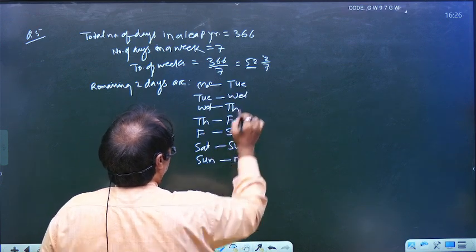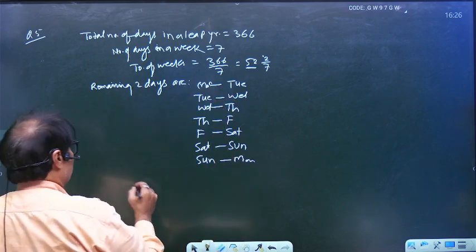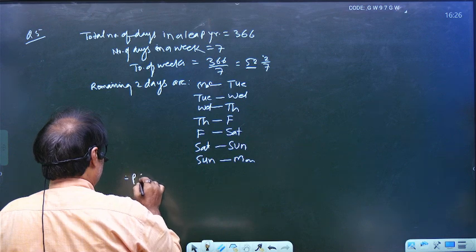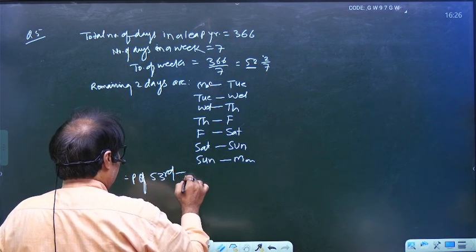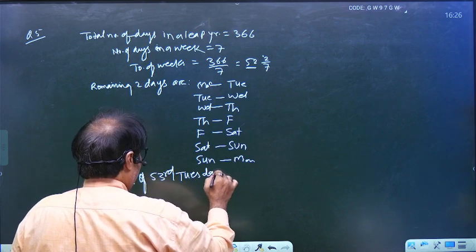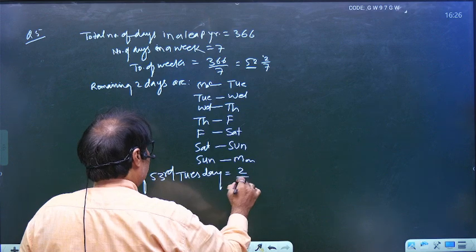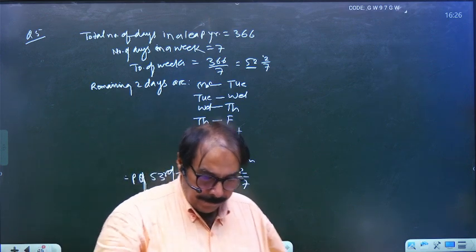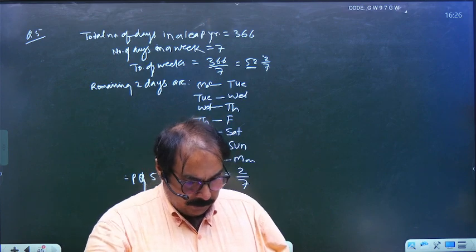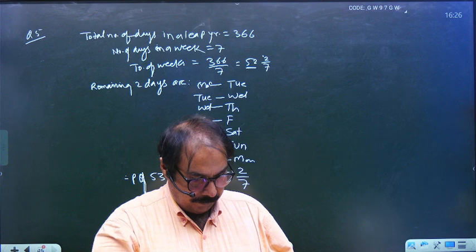So the probability of a 53rd Tuesday, or any day, is equal to 2 by 7. Okay. Now the next question is